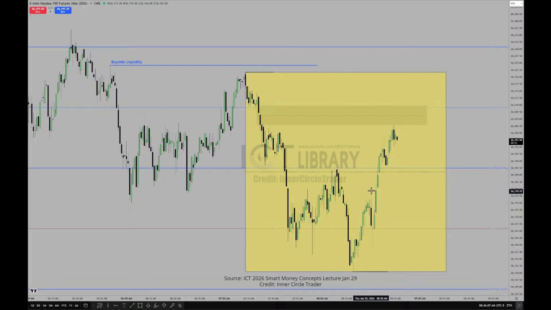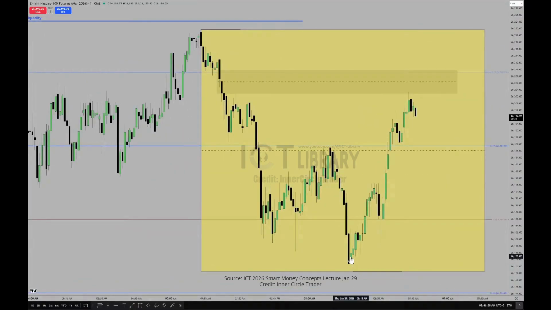And then it turned gears and then dropped back down into an inversion fair value gap, which is this right there. This is not inefficiency because we have this wick laid over top of it and it cleared this candlestick's high. See this green candle here? The one immediately after the lowest down closed candle. That candle right there, its wick goes just above the previous candle's high. If it had not done this, and it stayed inside of this candlestick's low, if this candlestick's wick would have been lower than that,